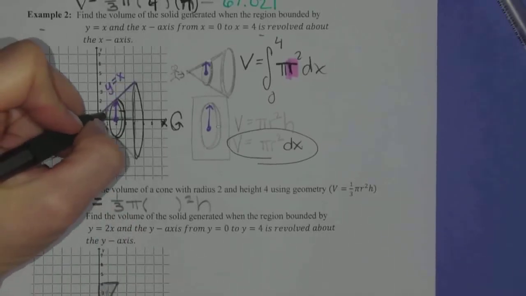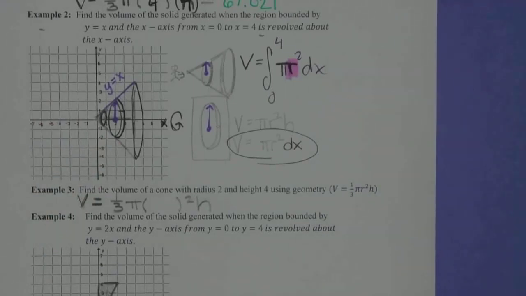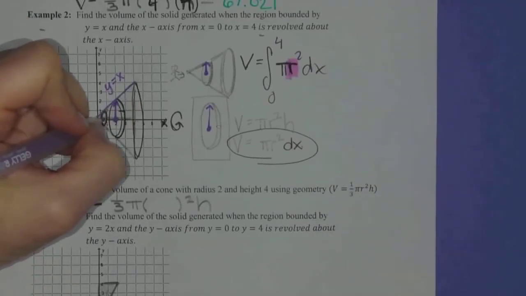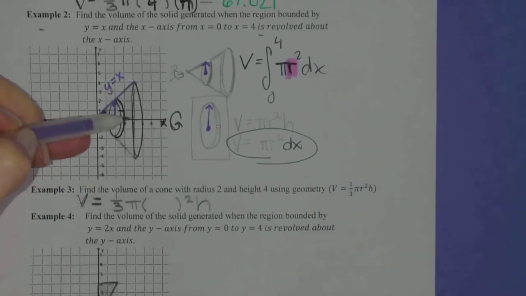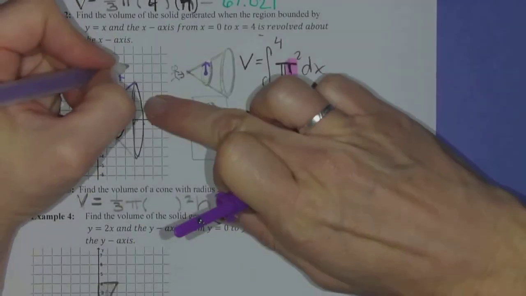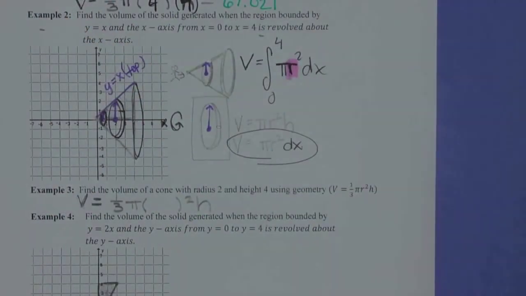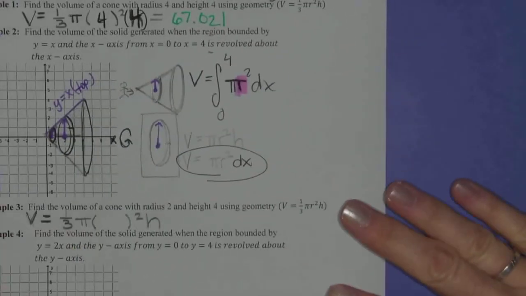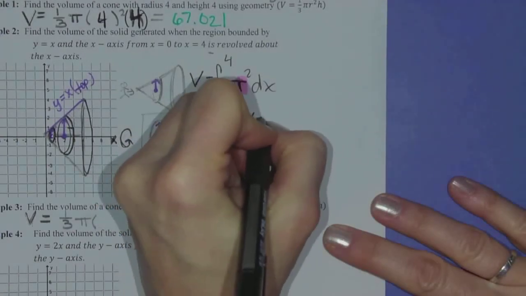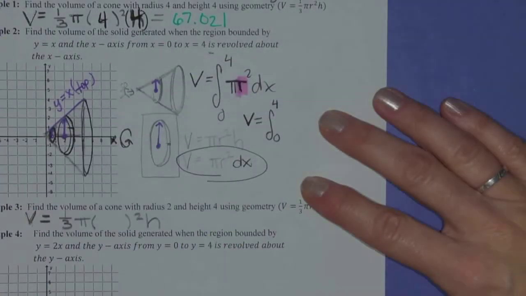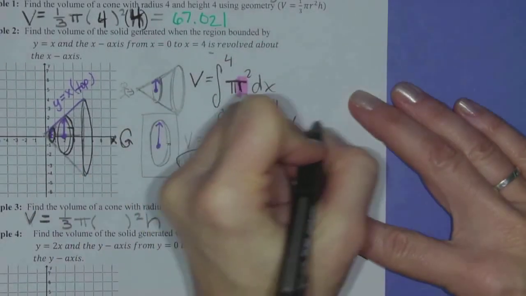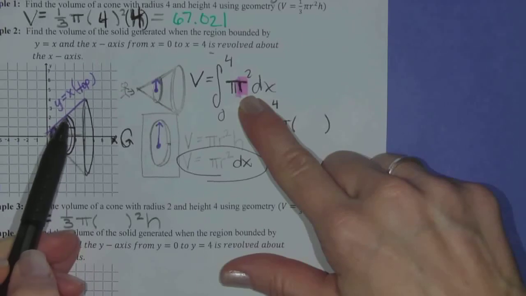So even if you draw a little cross section right here, the radius is still going to be from the x-axis up. And if you draw a bigger one out here, it's just going to be defined by this top function. Okay, so to finish this off, this is what we're going to have. V equals the definite integral from 0 to 4 of pi, the radius in terms of x is just